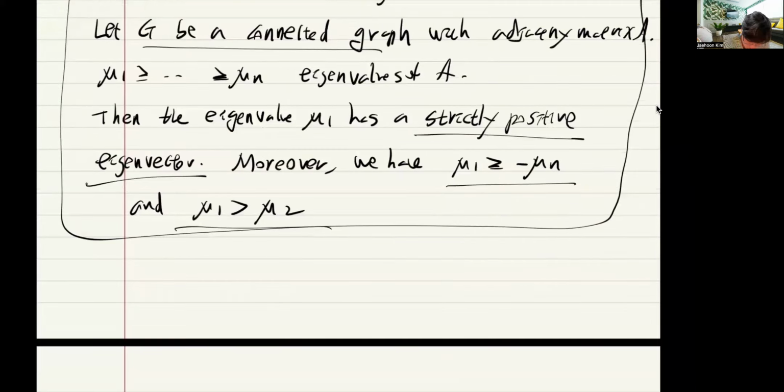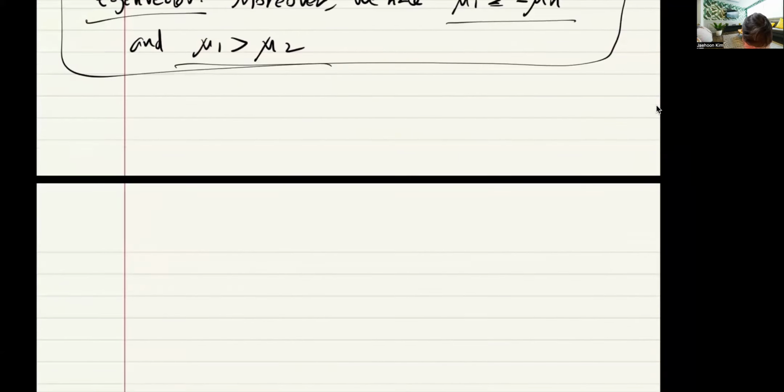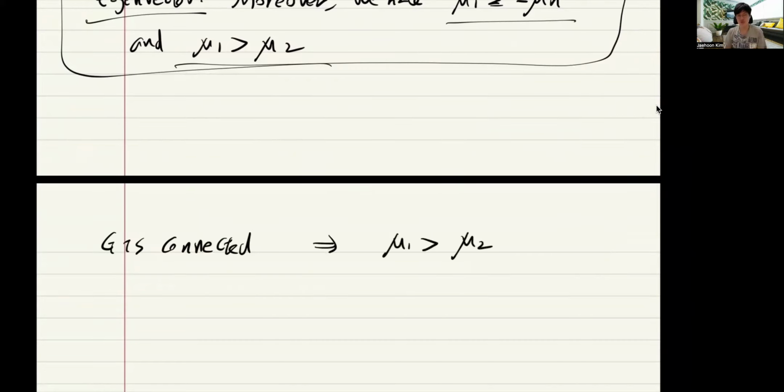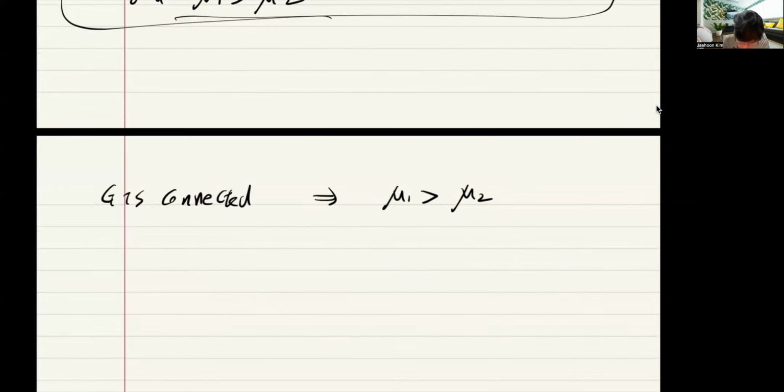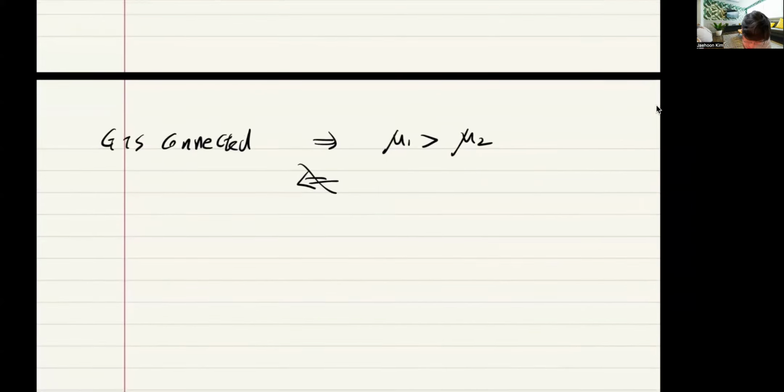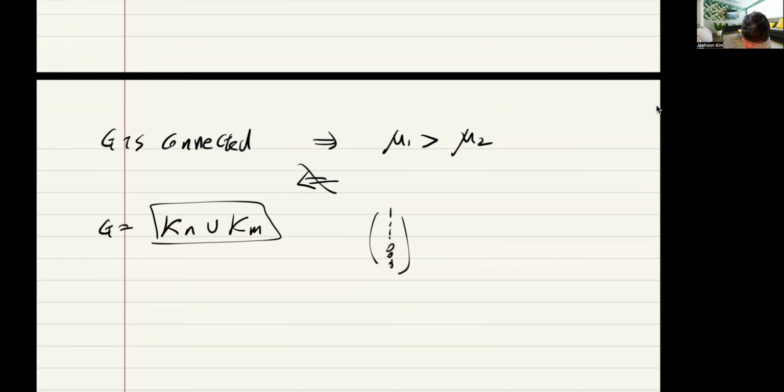But one of the implications of this is that if G is connected, then mu1 is strictly bigger than mu2. But the other direction doesn't hold. For example, if G is K_n disjoint union with K_m, then you can easily see that the all-ones vector in one, and